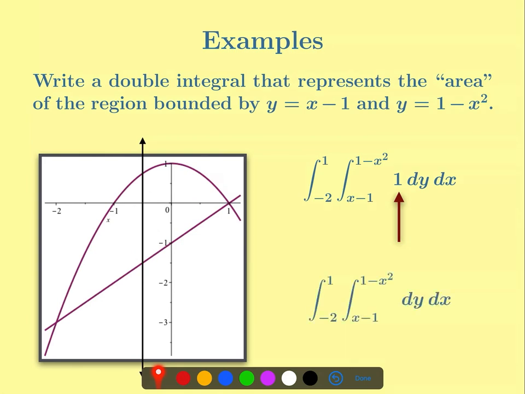Let me also comment that we don't need to have that 1 there. That 1 is telling us we have 1 dy dx. Well, that's the same thing as just putting dy dx. And so we could also write the answer this way as far as